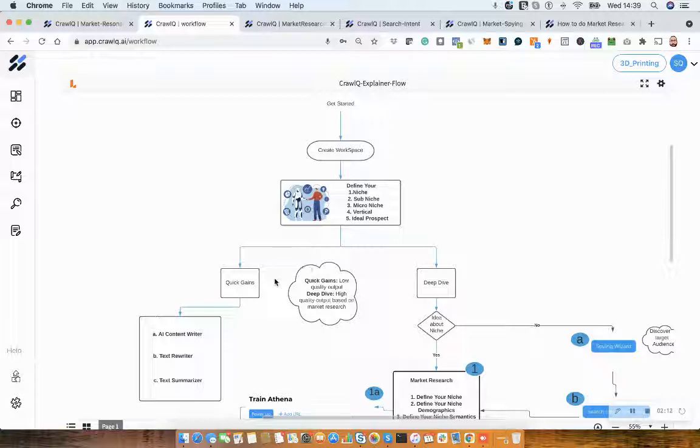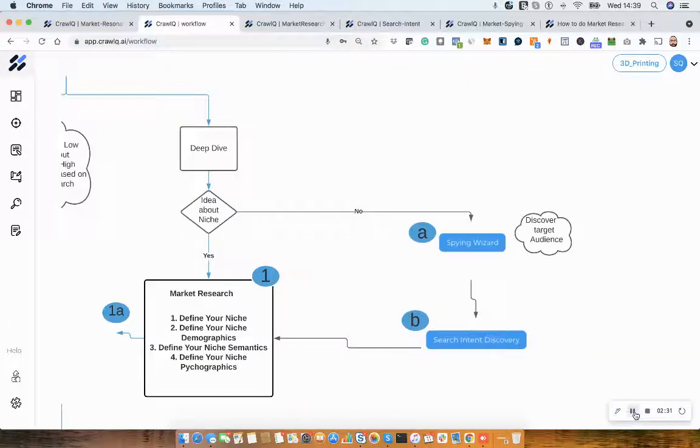So it's okay if you want to go to the AI content writer and try out some content, that's fine. But I want to set an upfront expectation that quality is going to be low because we have not yet refined our idea. We have not yet trained our virtual assistant Athena. So the fundamental idea of CrawlQ is to really deep dive into your target audience, and there are